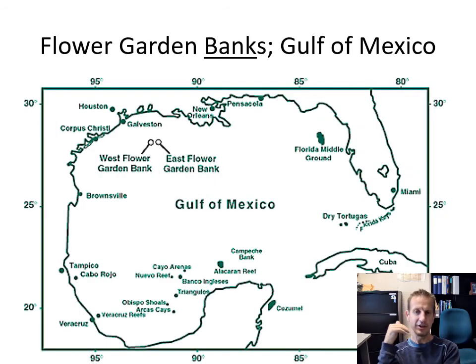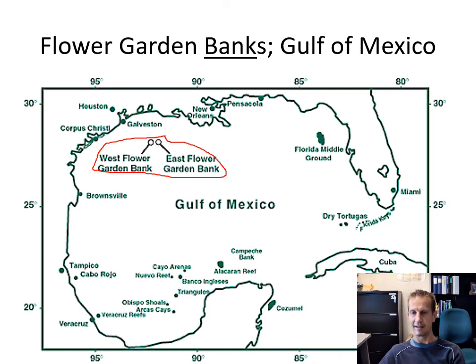So I mentioned banks being a type of reef that comes up not into very shallow water. So like the shallowest parts of a bank reef are still pretty deep. In the Gulf of Mexico, there are some bank reefs far from shore in areas that are not that often visited by divers or even fishers. So the Flower Garden Banks are located in an unlikely place,